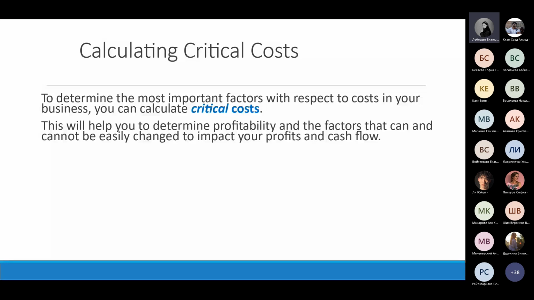For example, if you want to increase the quality of your products, let's take some very common products like, I don't know, a plastic bag, for example. If you want to increase the quality of this plastic bag, for example, to make it from natural materials, you have to understand what would be the highest level of the cost per unit